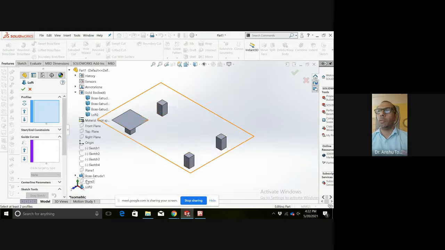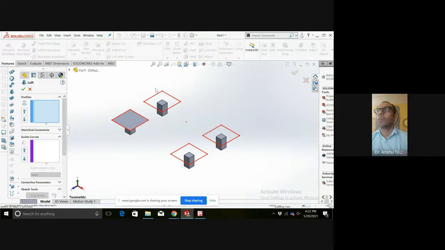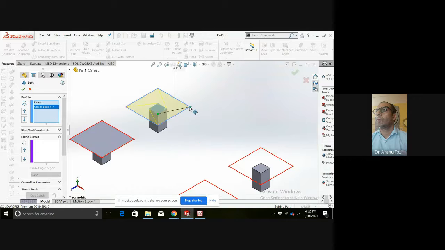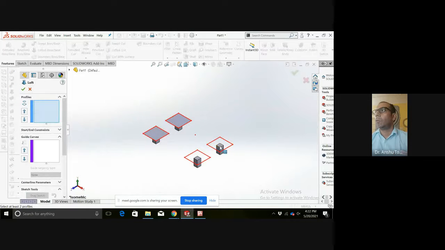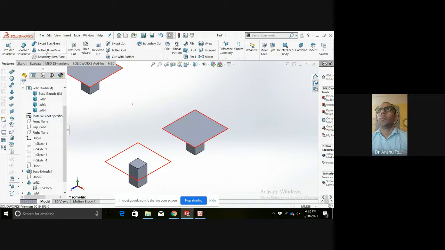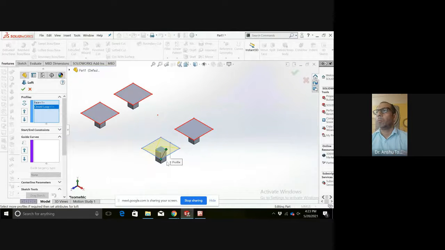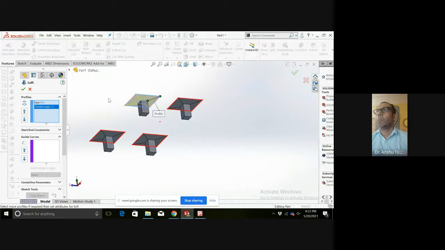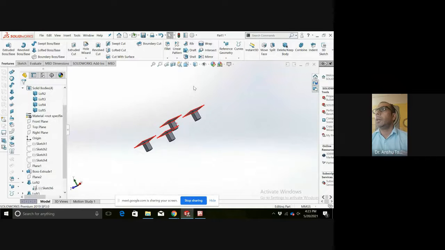But the sketch has disappeared, so we will have to keep the sketch open. So this is the haunch we are getting.